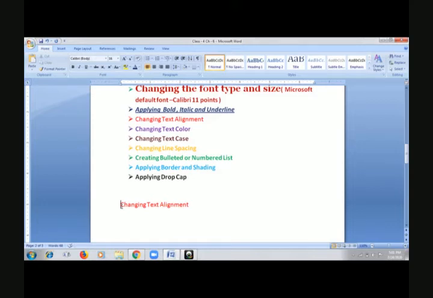Now the first one is the default. You can see in the paragraph group on the ribbon, there are these lines. These are all the icons for alignment. The first one is for alignment towards the left. The shortcut key is Control plus L, the first letter. Then we have center. For center it is Control plus E, because C is already allotted for copy.